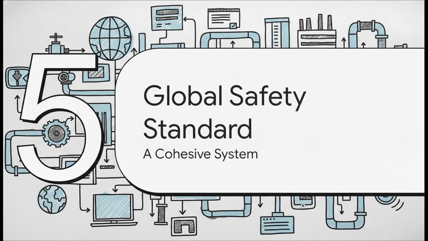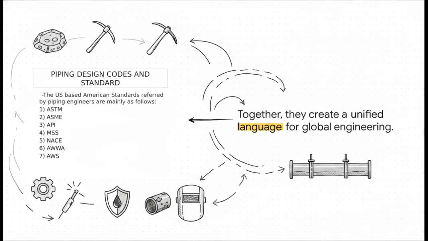Finally, let's tie it all together in Section 5, the Global Safety Standard. Now, what's really interesting about this is how all of these disparate acronyms actually build our world. They form a complete working ecosystem. We've talked deeply about ASTM, ASME, and API, but they also combine with organizations like NACE, which focuses heavily on corrosion, and AWS, the American Welding Society. They don't compete with each other, they collaborate. They create a beautifully unified engineering language that governs everything from the raw ore mined from the earth to the final weld on a high-pressure gas line.